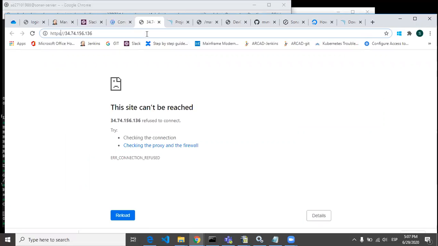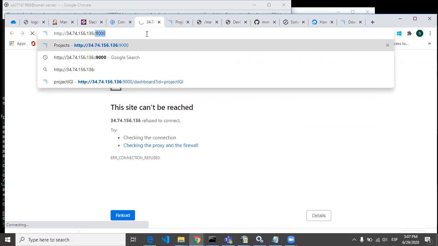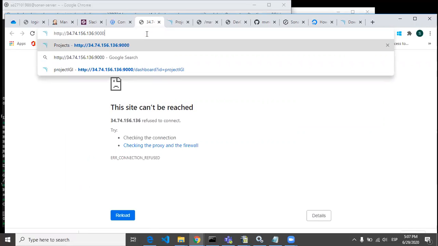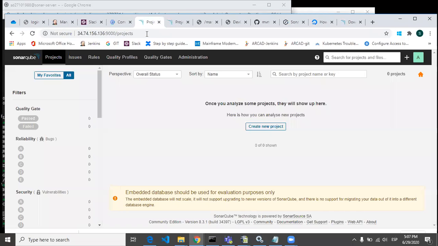Come here, remove the S and put colon 9000. So this is the SonarQube dashboard.